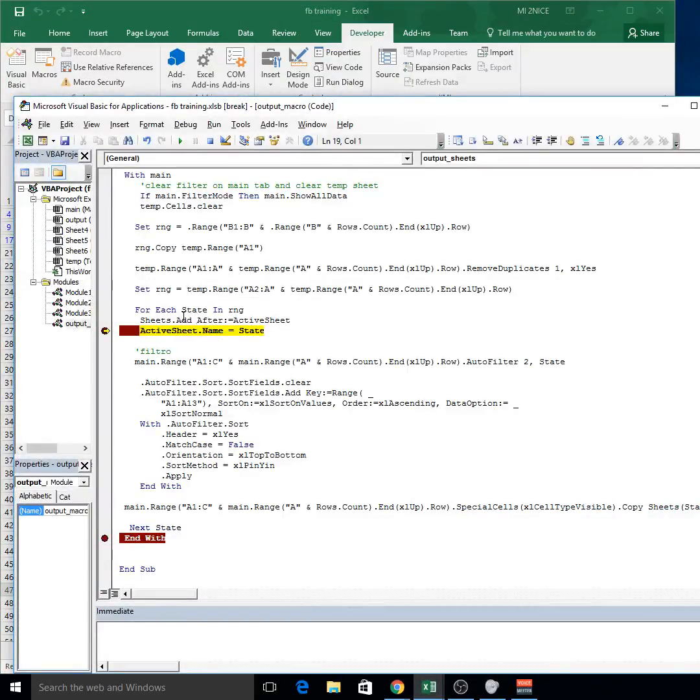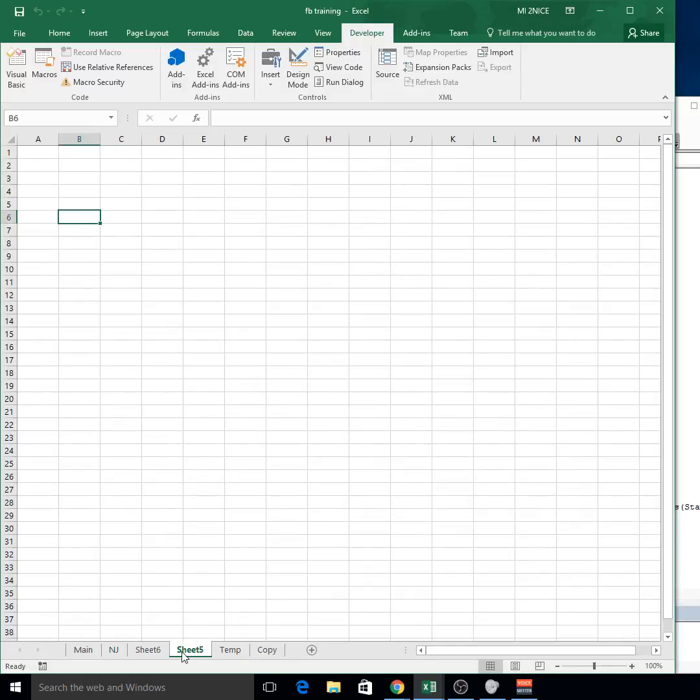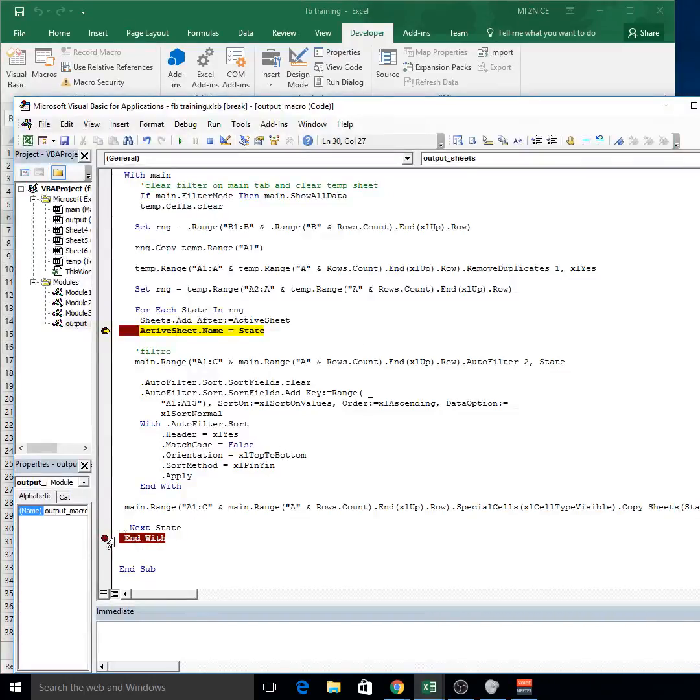Why did it replace it? So active sheet. I probably don't want to state this sheets because it's renaming the active sheet here. So it looks like it's renaming the sheet here. Because now my active sheet, let's call this my active sheet. Let's see what happens when I go